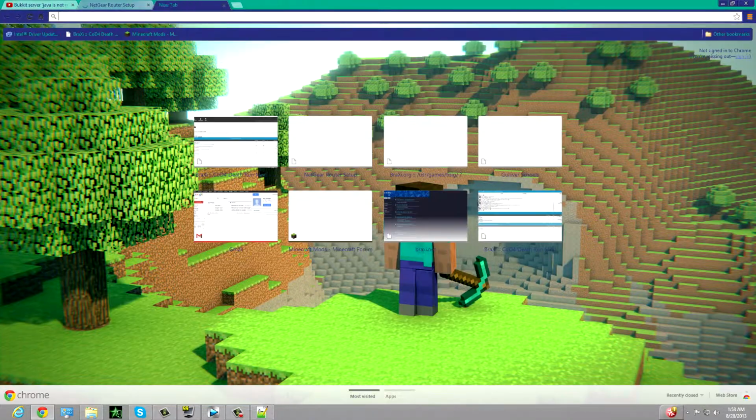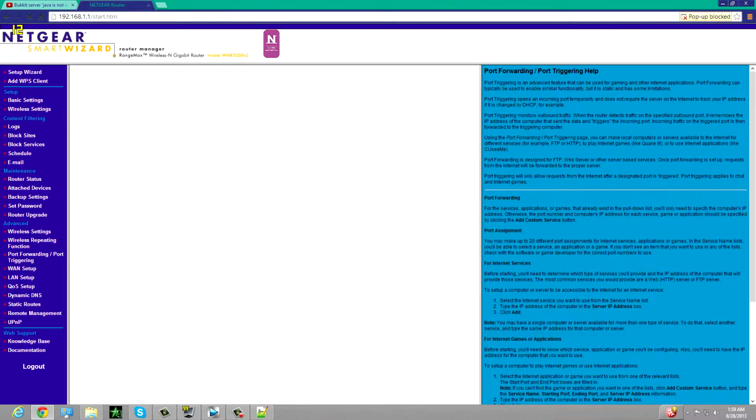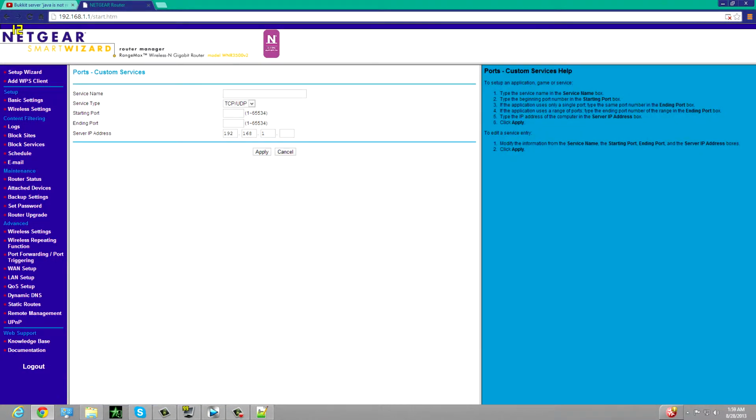And click login. Yeah, just wait for it. Okay, I'm in. And what you're gonna do is click port forwarding / port triggering, or just port forwarding or